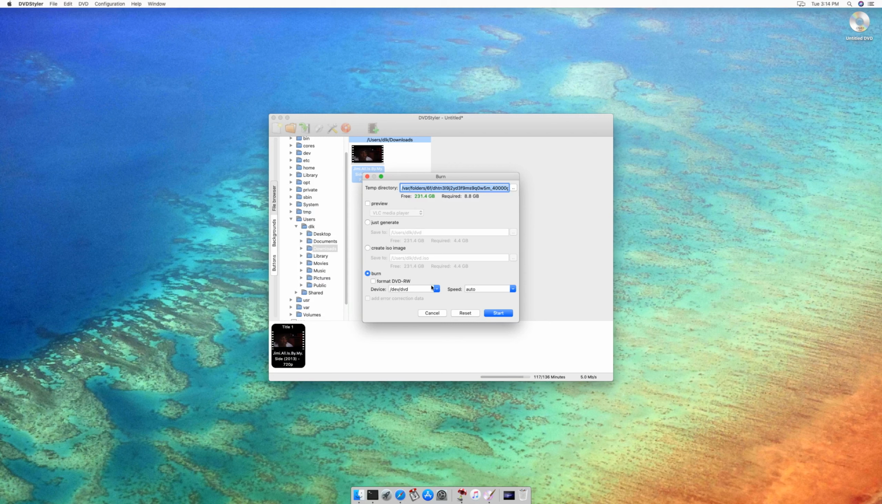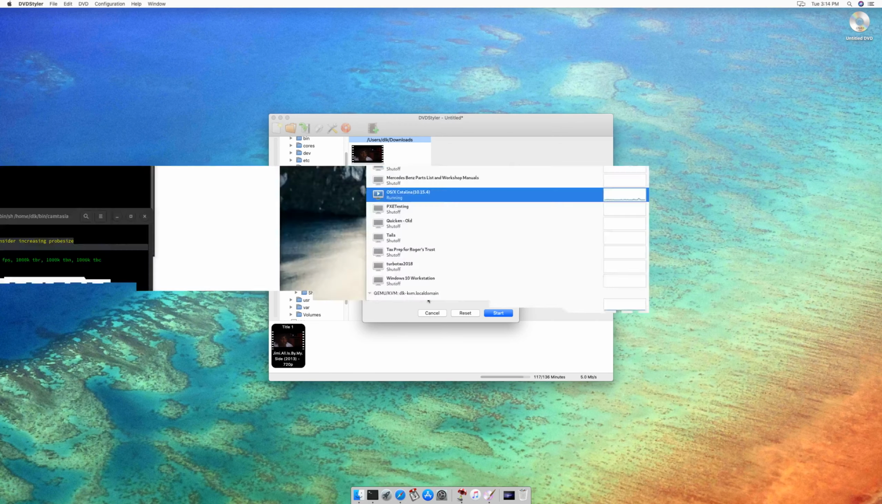And I'm going to have to tell it, though, which DVD player to burn it to. And this is my DVD player. This Asus BW is my DVD player. The one that I'm using is a plug-in DVD player into my Mac. Yours will have a different name probably, but you'll have to figure out which DVD player you want to use